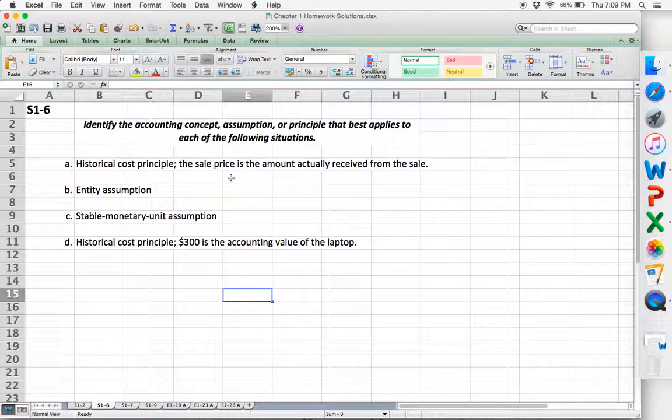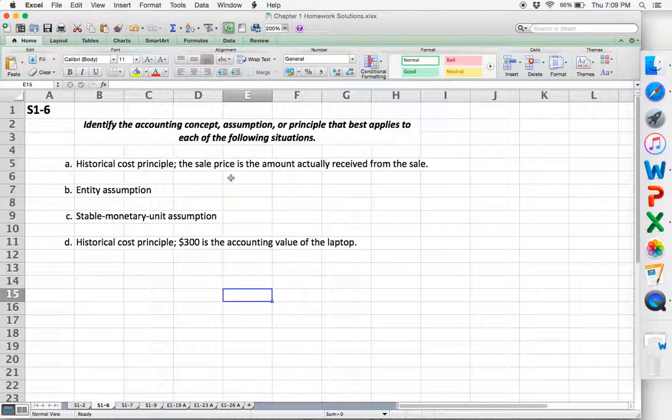General Motors wants to determine which division of the company, Chevrolet or GMC, is more profitable. I know this kind of stumps you guys up a little bit, you guys were focusing too much on what is it, GMC or is it Chevrolet, when really it was just looking for which assumption this is dealing with. In this case, it is looking at the entity assumption. So that means an entity is defined as anything that can stand alone economically. So you have your business, which is an entity separate from your personal entity.